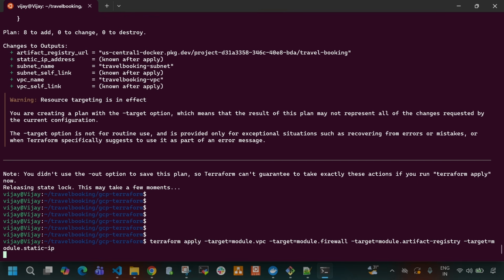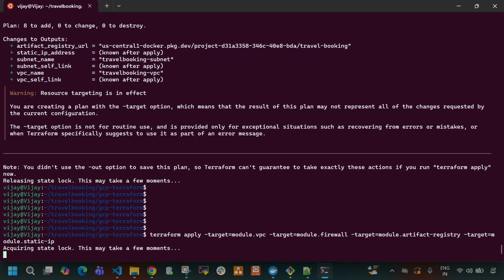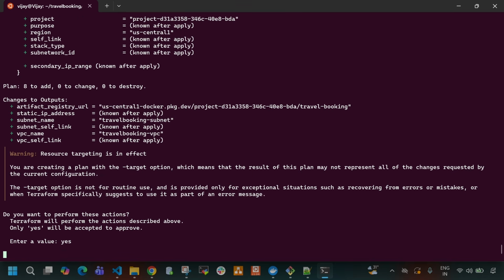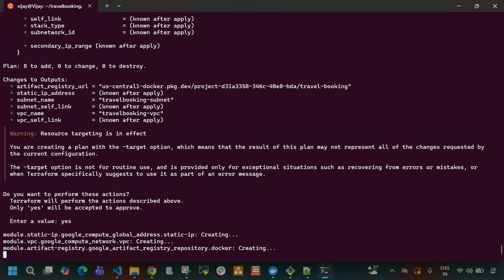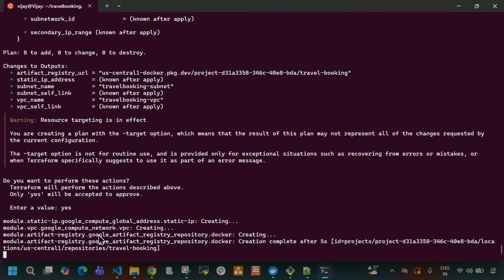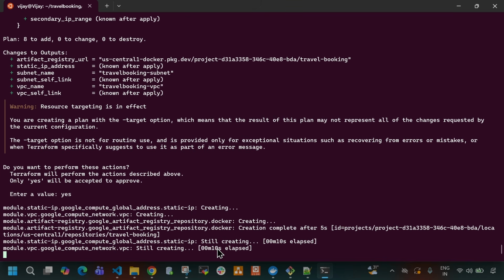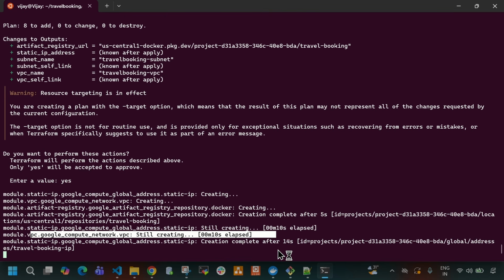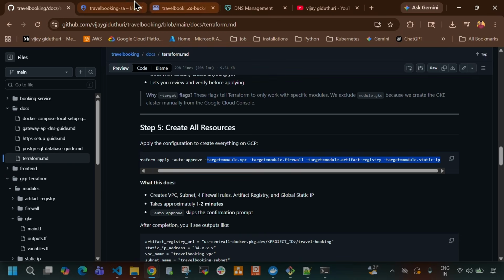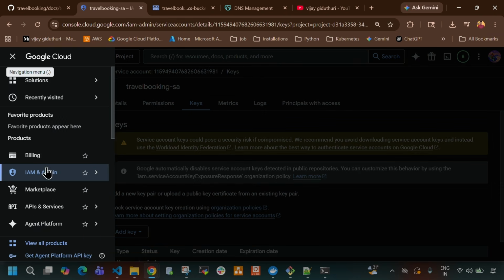Now it will create all the resources using Terraform, guys, with our IAM service account JSON file, and we need to provide yes here. So it started creating. It started creating the static IP, the VPC, and the artifact registry. Meanwhile, let me open Google Cloud and navigate to